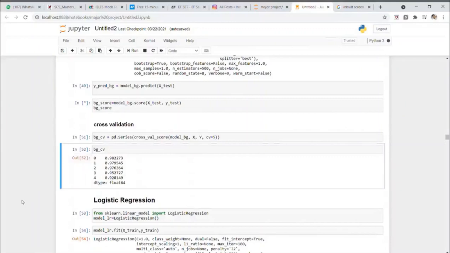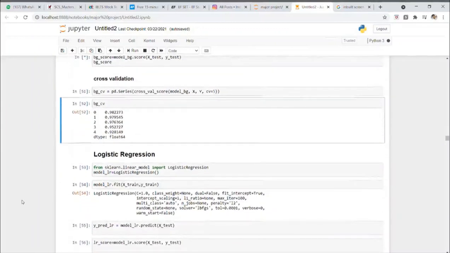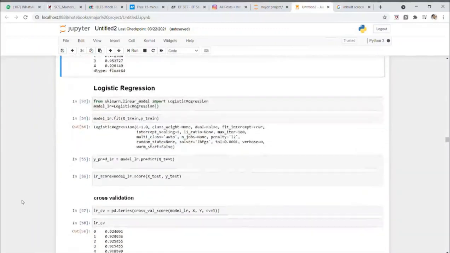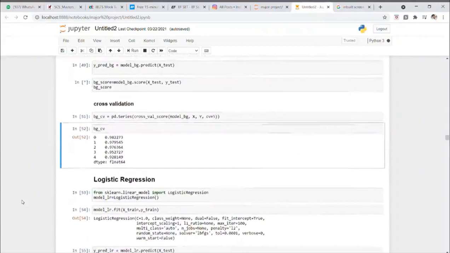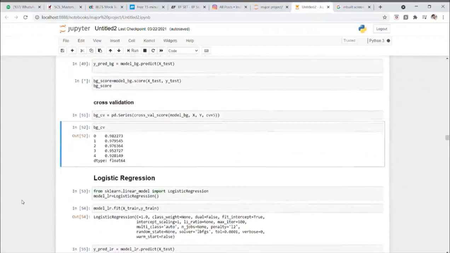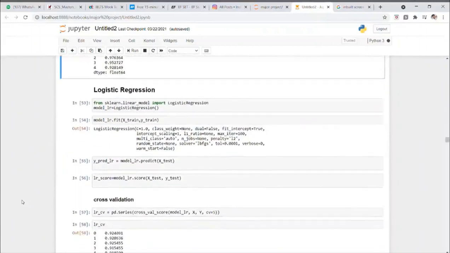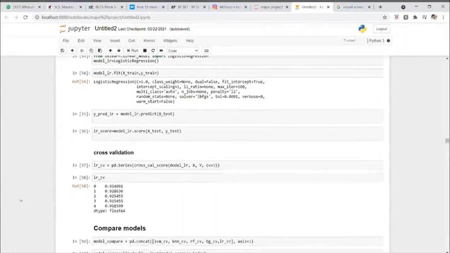So the next one is logistic regression. For every model, I have taken the same training and testing size, that is, 80% is the training size and 20% is the testing size. So logistic regression has given